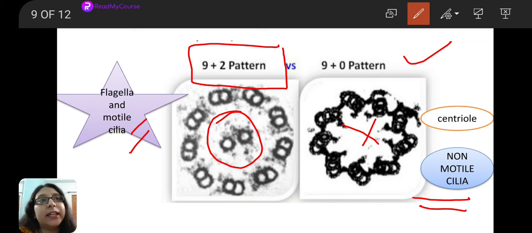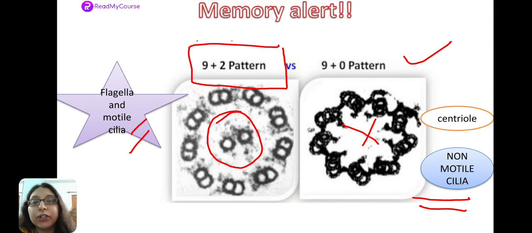Okay, so just try to remember. If you can't remember, then just jot down this slide, the type I have represented over here, and paste it somewhere in front of you where you can have a look at it every day. In that way, you will be able to recapitulate it every time you look at it, right?